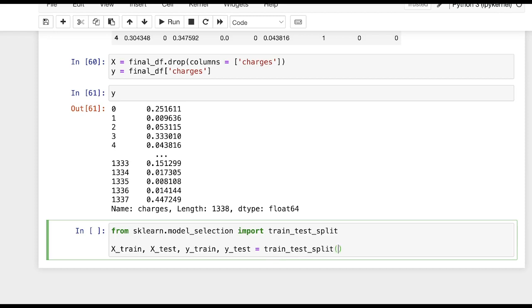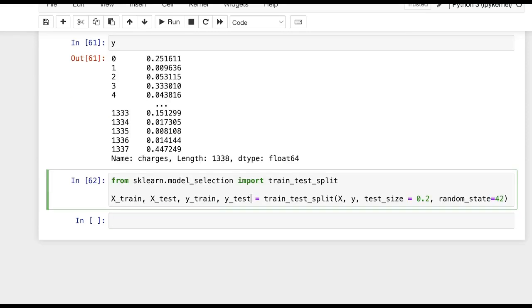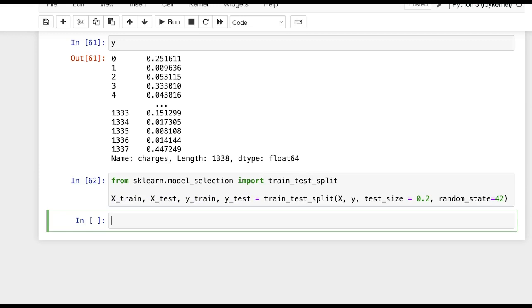Into it we will include our input column X, target feature y, and we'll set the test size to 0.2, which means 80% of data will be stored in the training set and 20% of data will be shifted to the testing set. Next we will give random state equal to 42, which means we want the same rows included in the training and testing set when we rerun the same code. After running that, let us check the shape of this. I'll just copy paste it here, and we will be checking the shape.